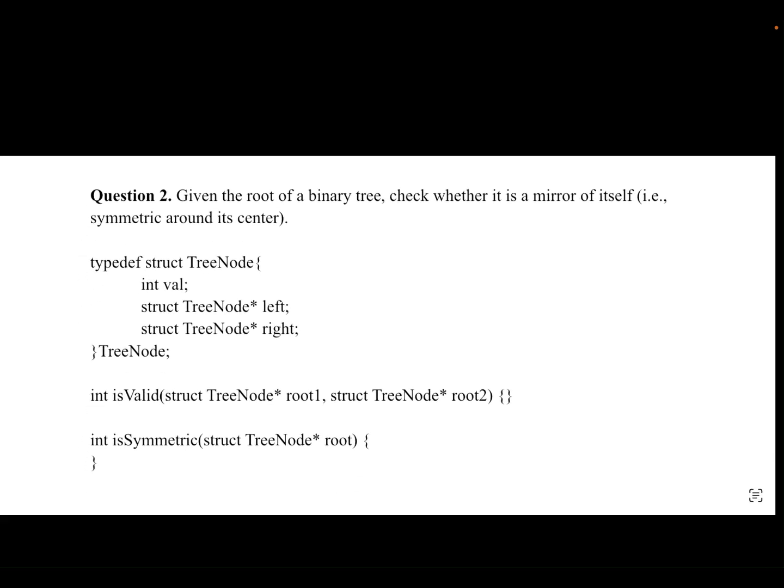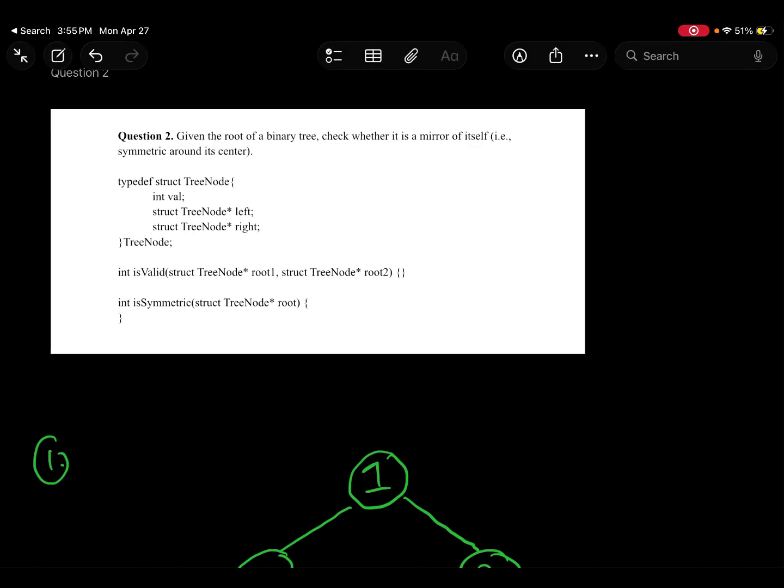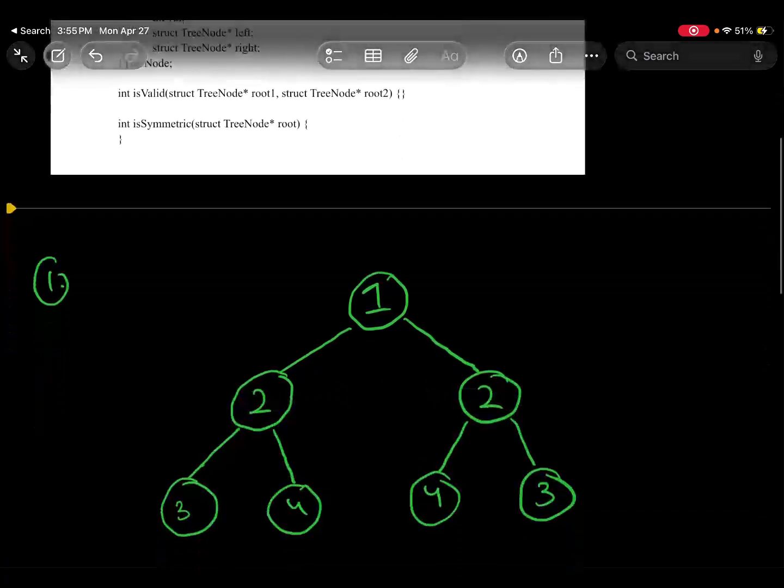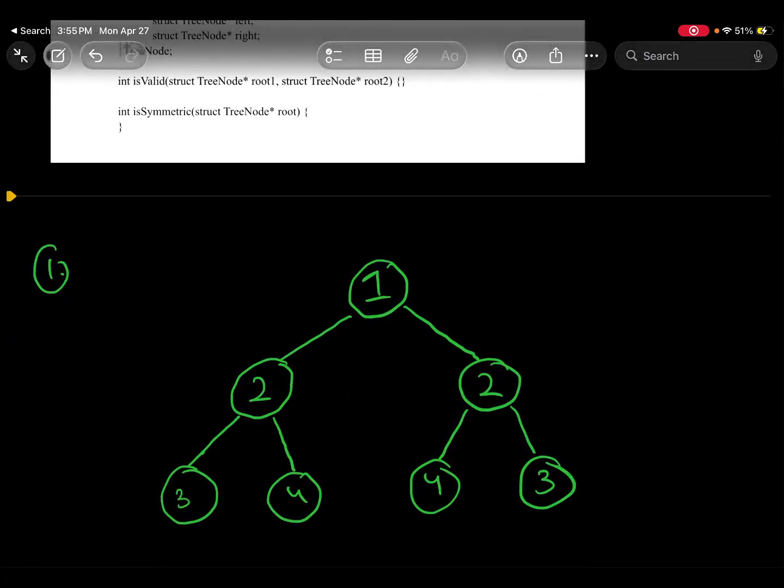All right, hopefully you were able to pause the video and read the question on your own. And if you understand it, try to solve it on your own. I think you can find it on LeetCode question number 101, I'm pretty sure. So if you can, try to solve it in C on your own, obviously. But if you can't, let's just decipher what the question is asking us. So the question is asking us, this time around, you're given the head of one